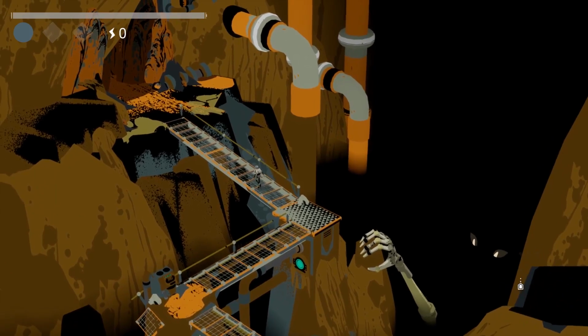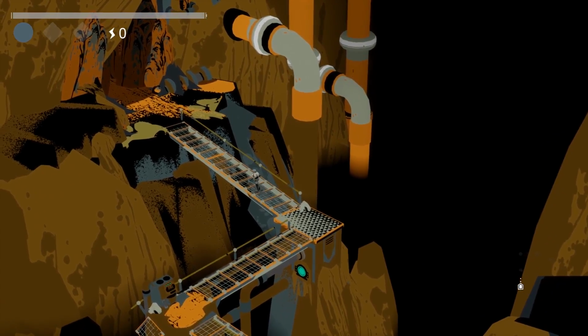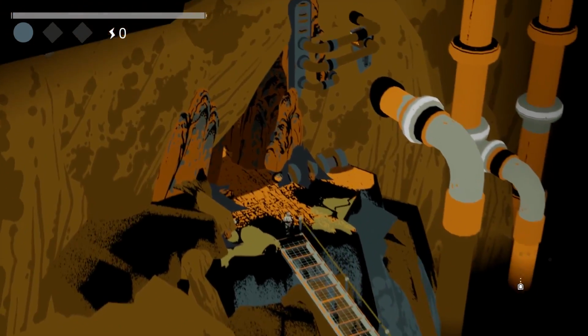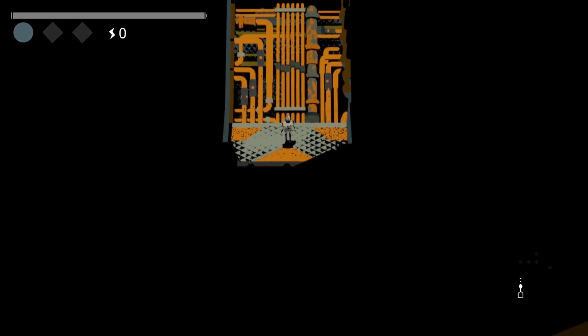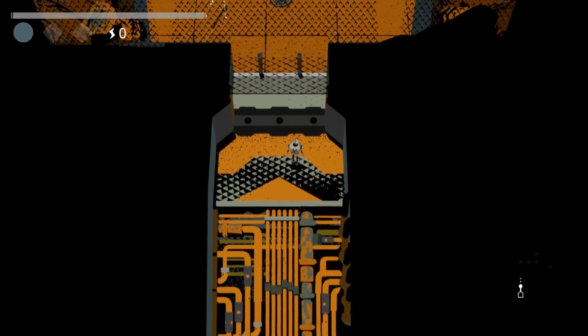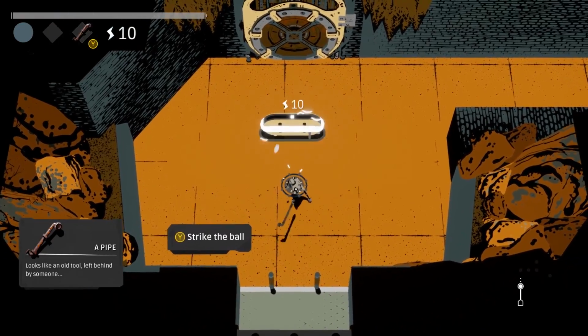I'm going to leave him behind. I think he might need to eat some more. Anyway, let's tootle on over here into the mountain. As you can guess, this game is a lot about lore, about investigating what's going on. A pipe, take it, strike the ball,